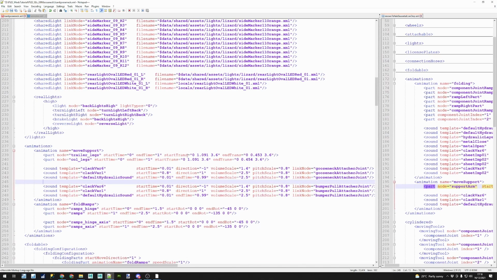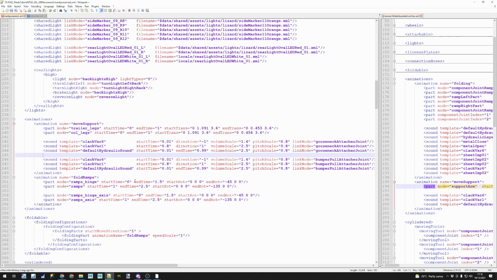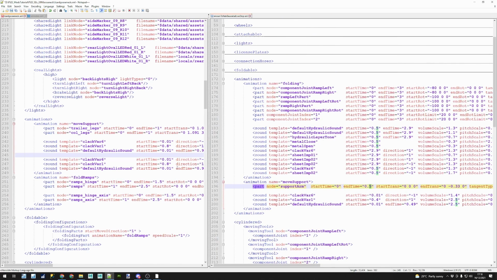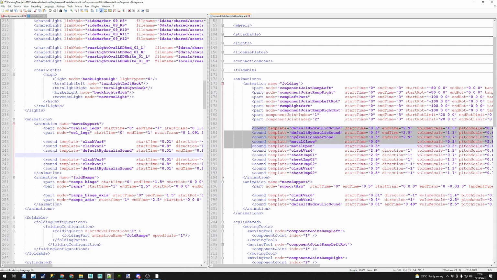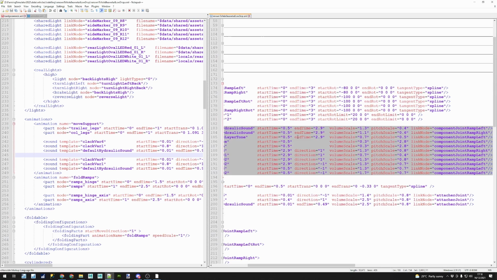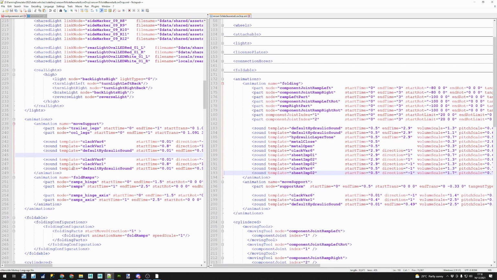So we have duplicated because we have two attacher joints. Now on the sounds, on the ramps, I've chosen this one because it's actually quite easy. Now here I have the sounds, and we can set them here,